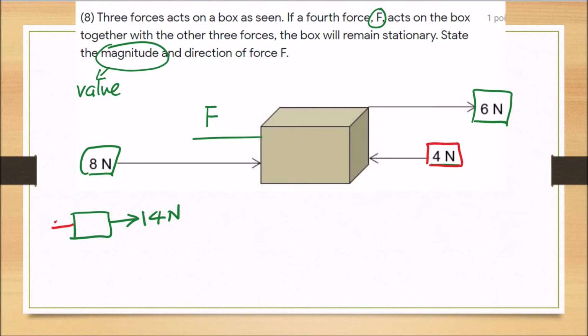So towards the left is 4 newtons. Okay, so then I can simplify this into something like this. So 14, and then this is 4. So I know that this is the resultant force, 10 newtons. Okay, so the meaning of saying that this is the resultant force of 10